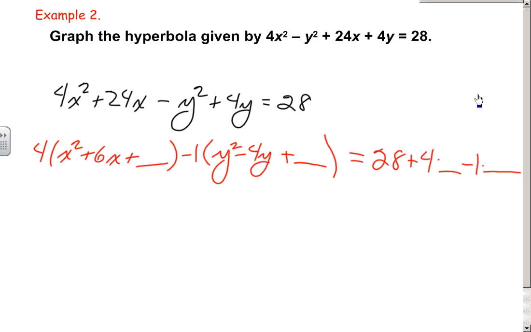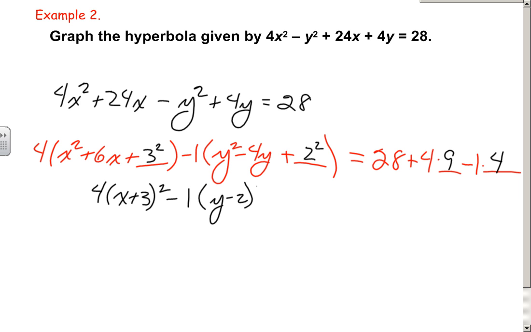Now we're ready to fill in and complete the square. So half of the 6 squared, so 3 squared here, or 9, and half of the 4 squared, or a 4 over here. So that gives us 4 times the quantity x plus 3 squared minus 1 times the quantity y minus 2 squared equals